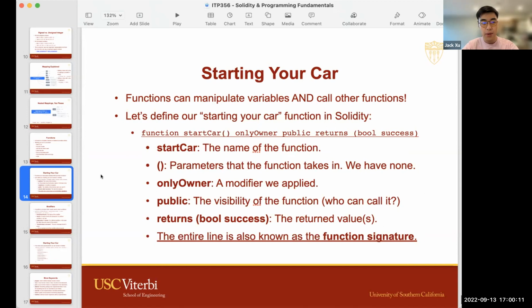And then we have internal. Internal is kind of like the flip side of external. Basically all entities that are within the smart contract, so other functions within the same smart contract, can call that function. The contract's children can call that function, but to people outside, that function is invisible. They cannot call it.